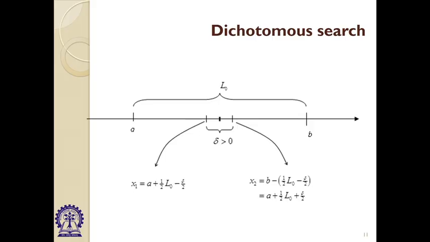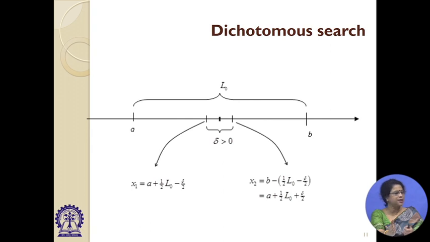That is why we will eliminate the region. What is the x1 value for you? The middle value is L naught by 2. That is why x1 must be L naught by 2 minus delta by 2,